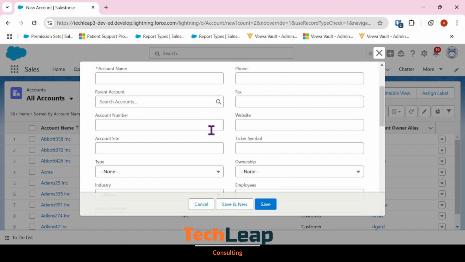This is the analytics demo org, so I have a lot more details to be captured as part of the account creation. It might be different for your org, but the record types learning will be the same. So if I have to go ahead and create a new account, I will fill all these details and create